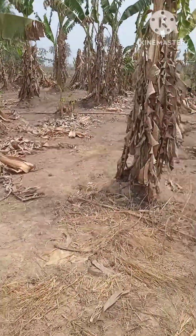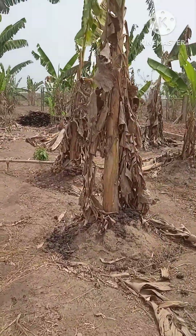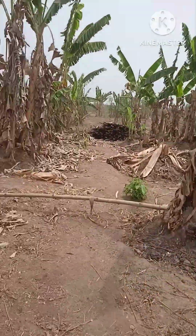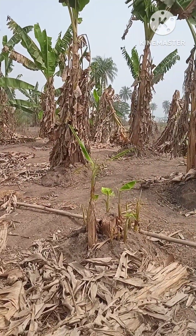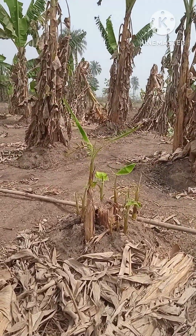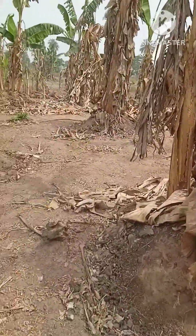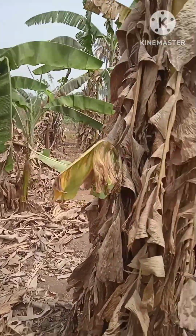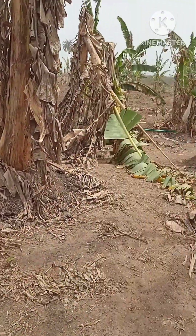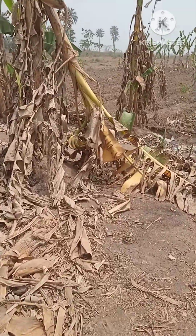Let me show you guys. You can see that one that has broken already because of the wind. So it's not making plantain, and because of the dry season, the plantain is not getting enough water, and I didn't do irrigation for the plantain. But I'm going to be using irrigation for